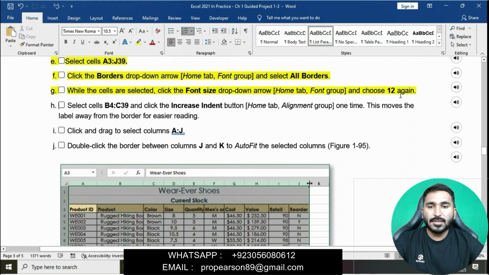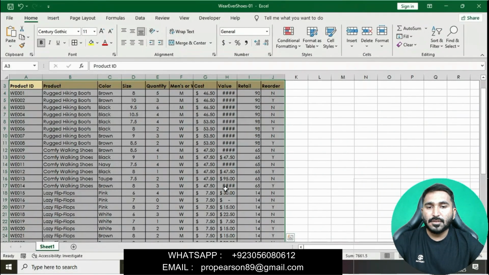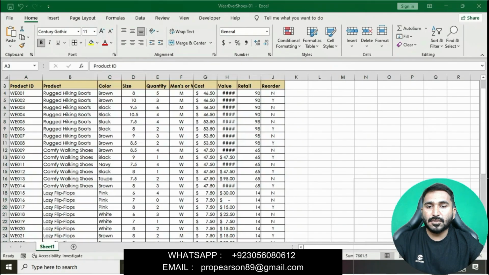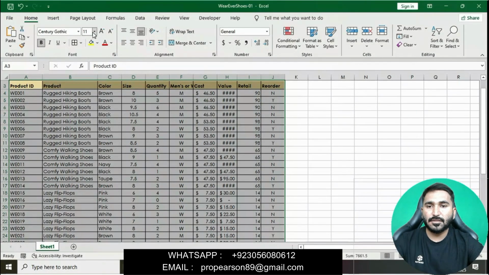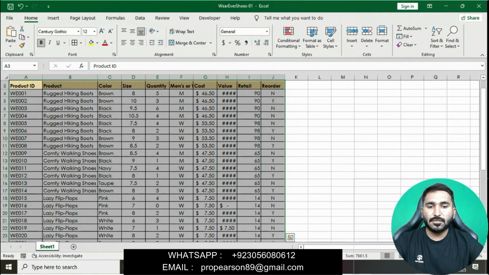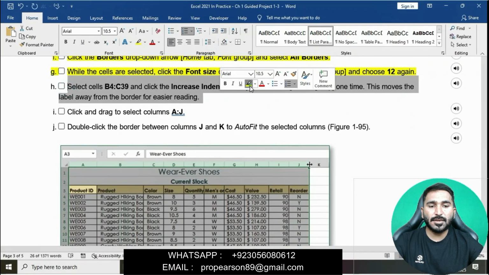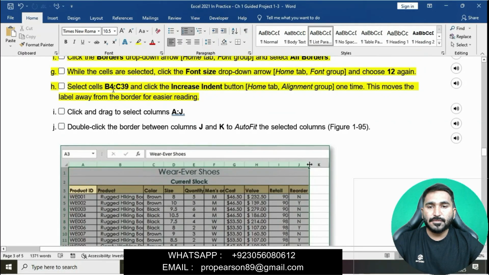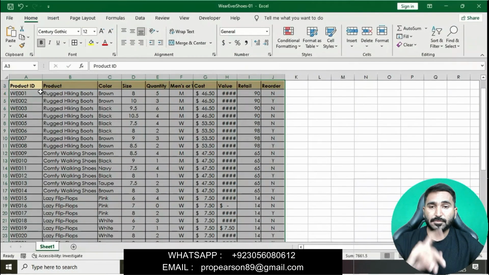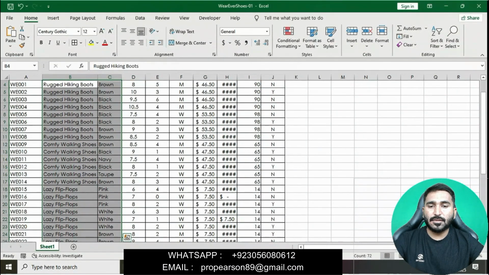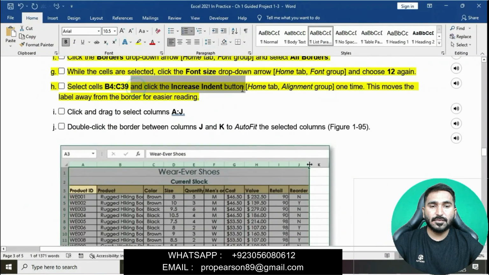Then select cell B4 to C39 and click the Increase Indent button one time.